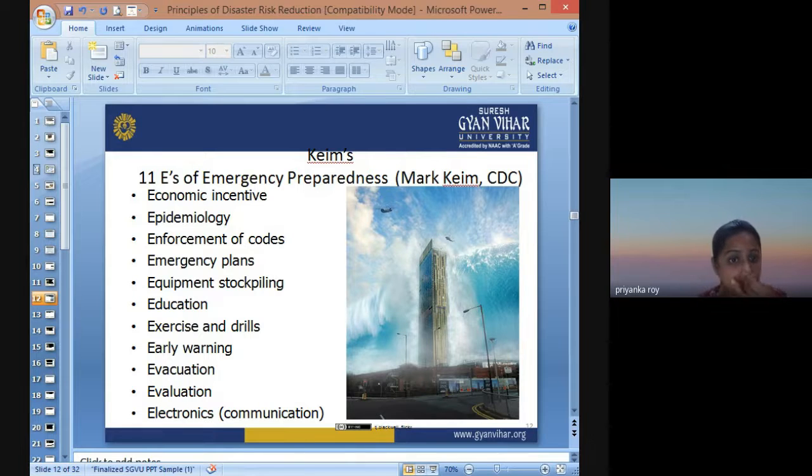Then enforcement of codes, like building codes, structural codes, and other norms that have to be followed. So enforcement of those codes and norms has to be implemented. Then emergency plan, they should always have an emergency plan for public health, for various sectors, for the power department, for water, food and sanitation, health sectors like hospitals should have their own emergency plan to keep the